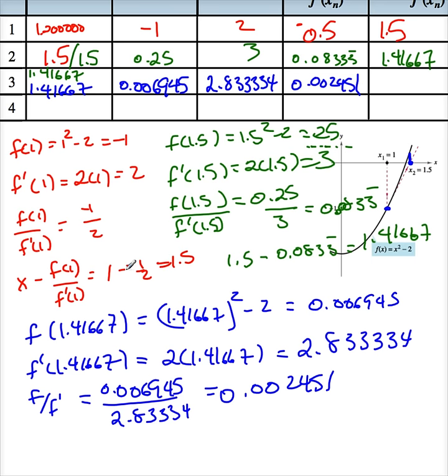And my term, my x of 4, is x of 3, so it's 1.41667 minus 0.002451, and so I get a final iteration of